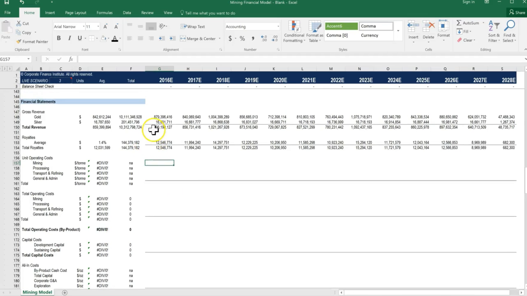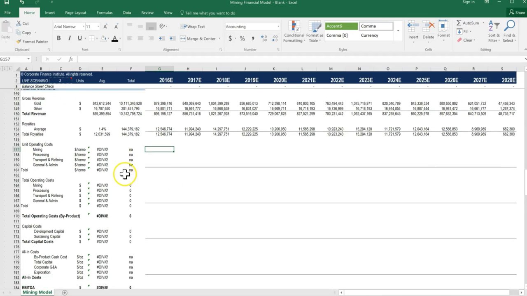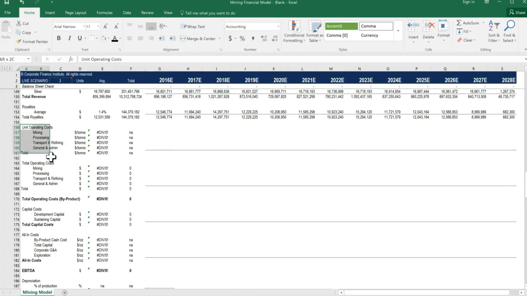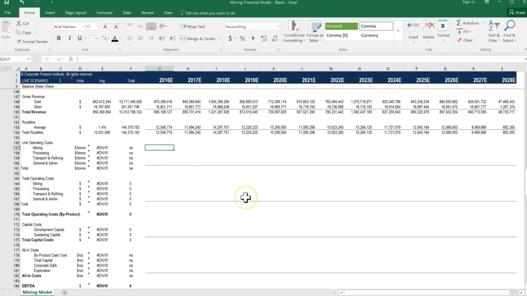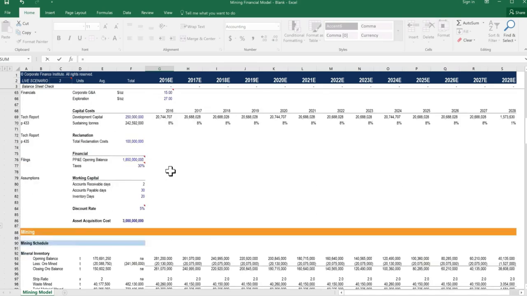With revenue and royalties in place on the financial section, we can now start calculating the operating costs. We're going to calculate both operating costs and capital costs. I'm going to start by relinking some information from the assumption section. These are the costs per ton for the mine. I'm going to set these equal to, up in the assumptions section here,